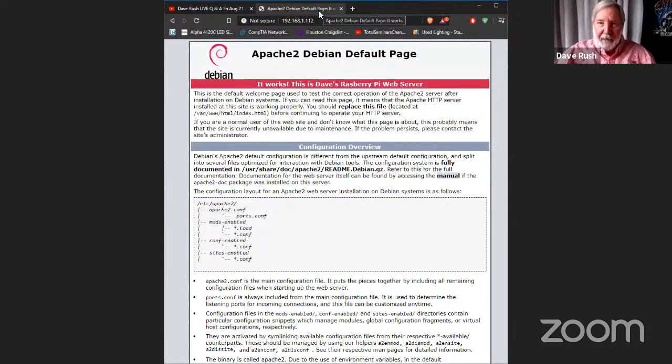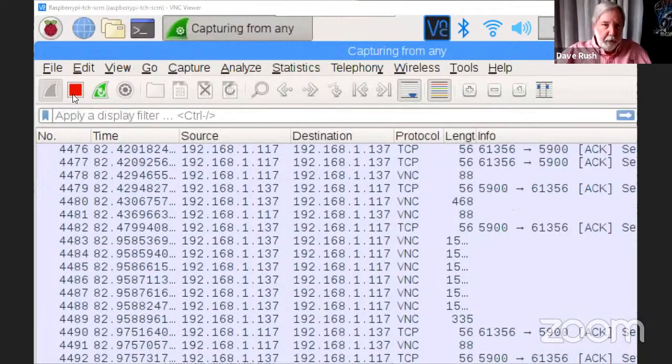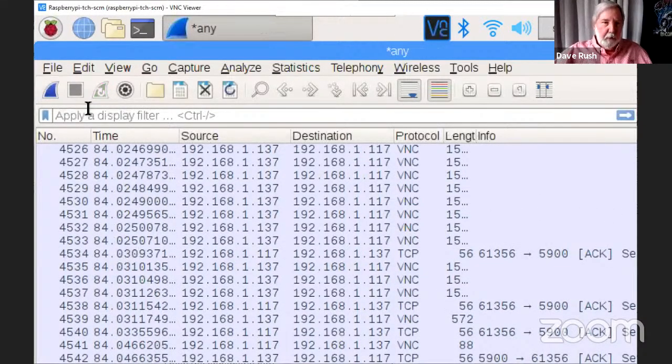Enter. Okay, so there comes an Apache 2 default page. There's a little graphic in here, and there's some HTML coding to get stuff like this, but it's a pretty simple page. So good enough. Now I'm going to go back to Wireshark and stop capturing everything. Okay, there's the Wireshark capture still going on. So we'll stop the capture.